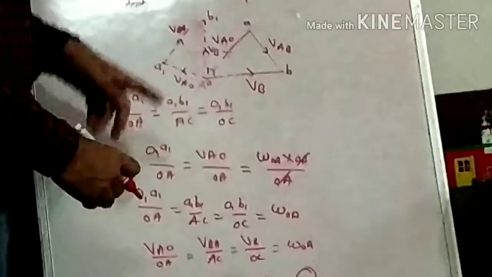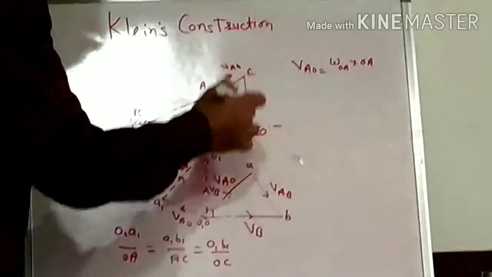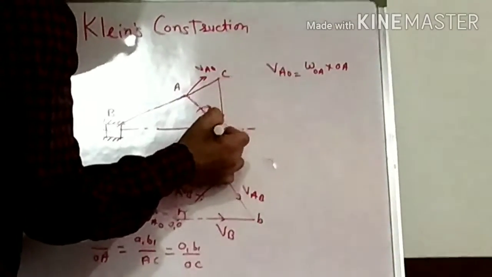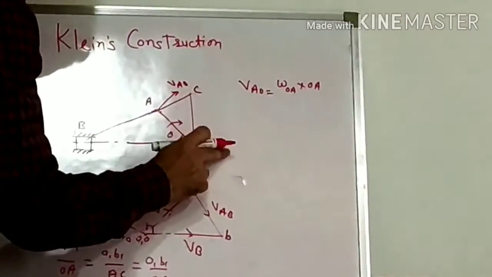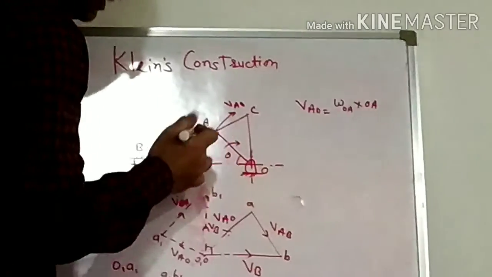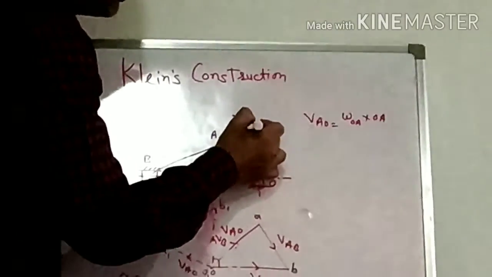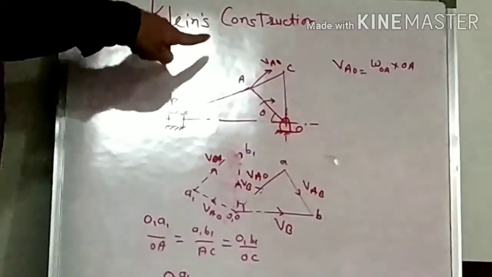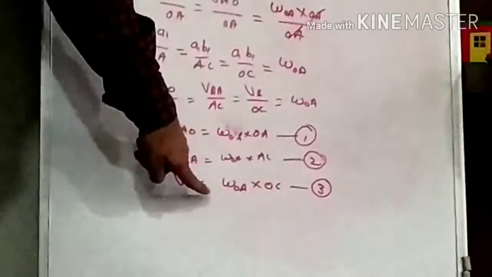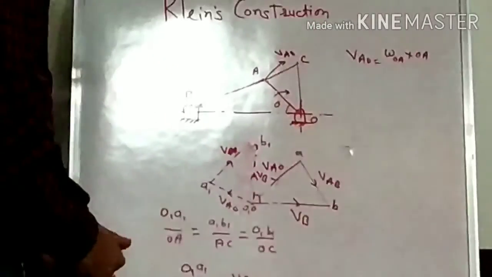So first we have to draw this velocity triangle. Draw the line from point O, perpendicular to OB or the line of stroke. Then extend the line which represents the connecting rod, and we get the point C. So OAC is the velocity diagram by using plane's construction, and with the help of these three equations we can determine the velocities of the slider crank mechanism.